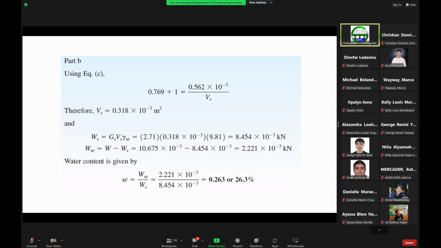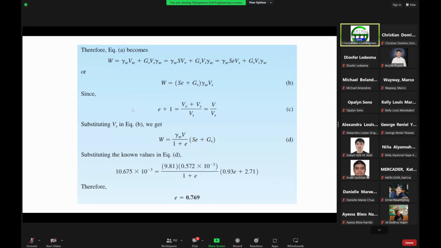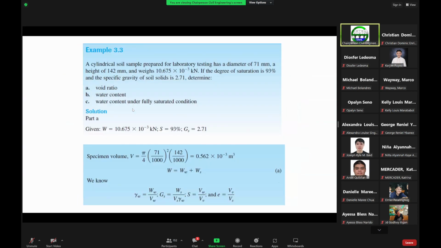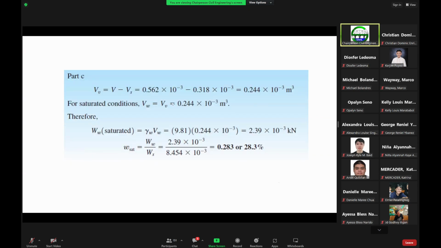So that's part B. We have now solved that. Okay. For part C, we are asked again for the water content under saturated condition. That means the degree of saturation should be 100% in that case. So to do that, we can solve first for the volume of voids, wherein the volume of voids